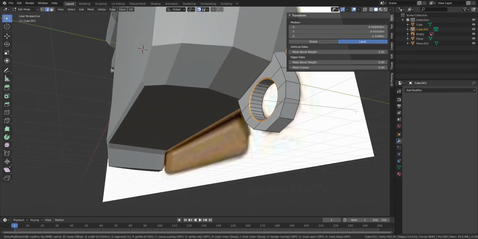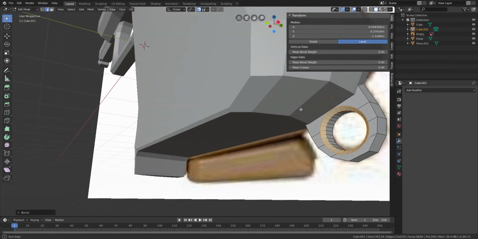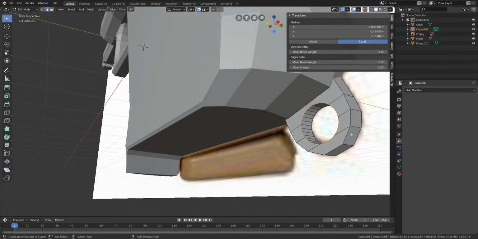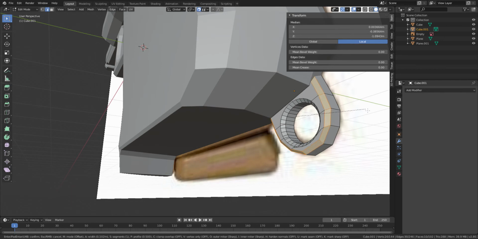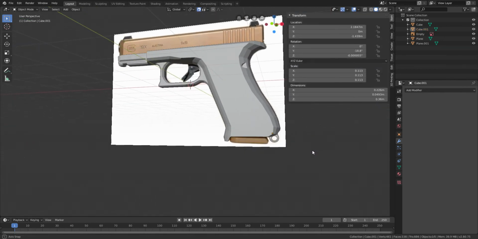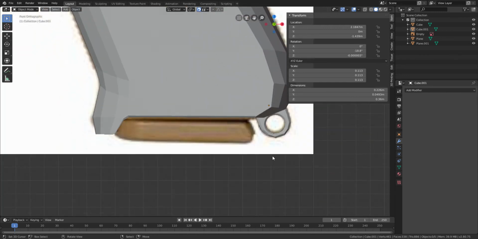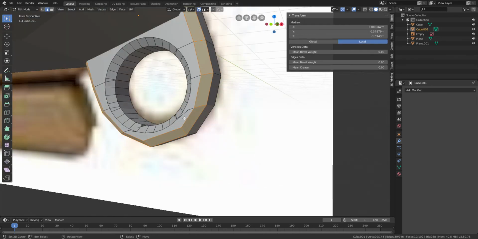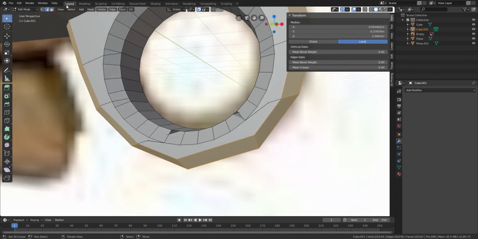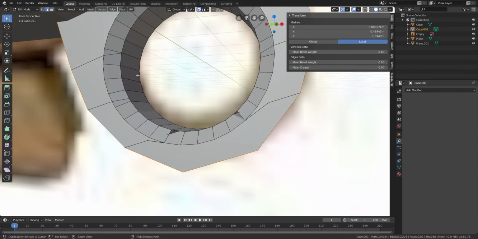Now we can bevel that, as you see. One stage of bevel should be enough. Then you can bevel this. Here too, one stage of bevel should be sufficient. That looks good. Because bevel kind of makes the hole appear bigger, you can, oh, now we've got those problems, right. So I think we'll just,